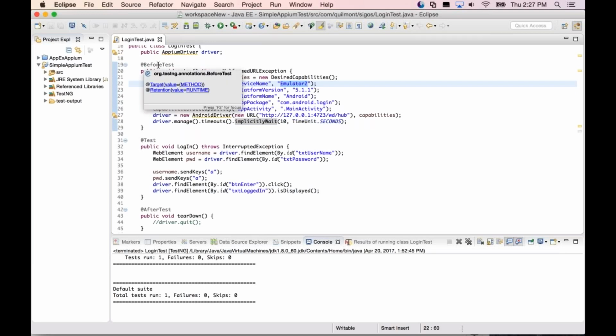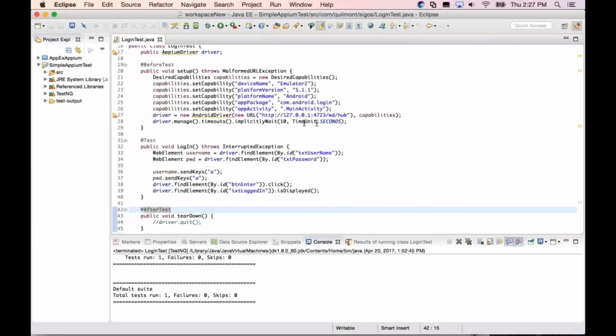Remember how we talked about TestNG as being our annotation, setting up how we're going to execute this? Before the test, we're passing our driver, the capabilities object we specify, and the location of our Appium URL.